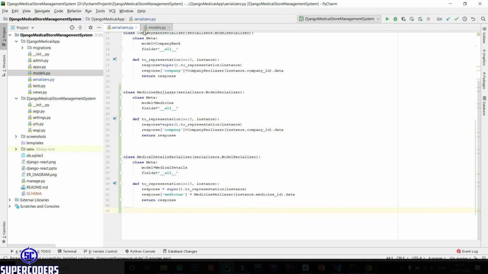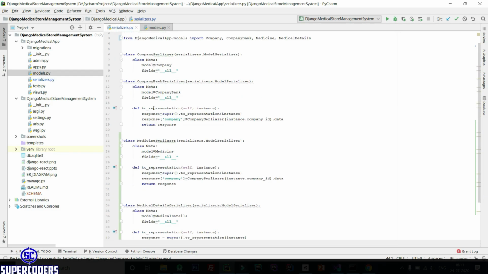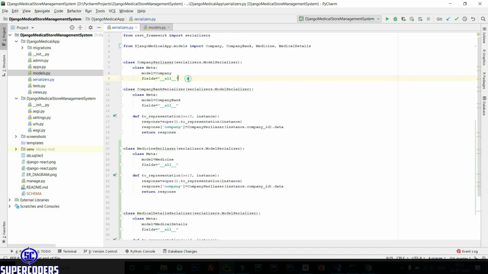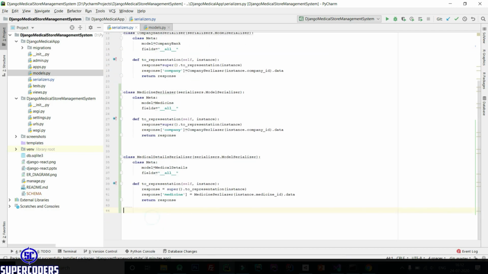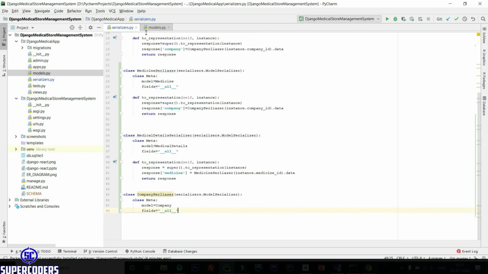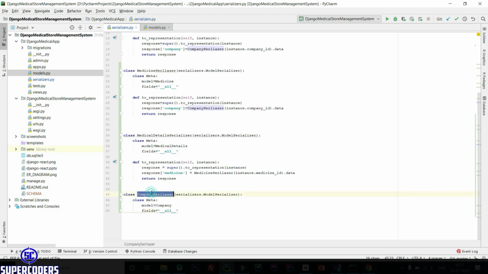Now let's see another, which is employee. First copy this class. Again paste here and change the name to employee, so employee serializer.